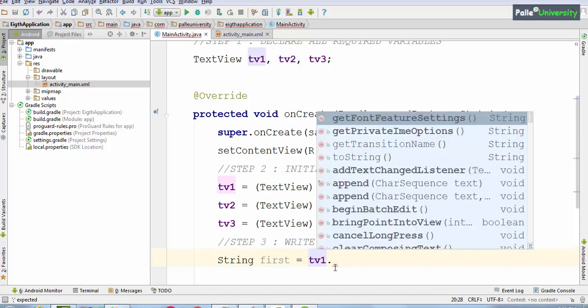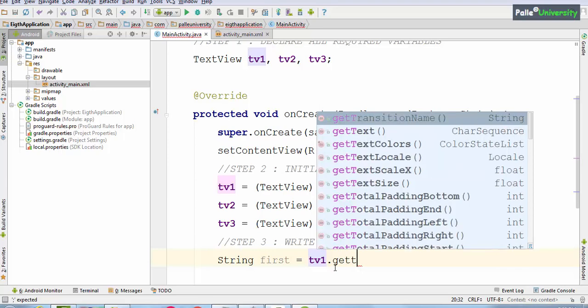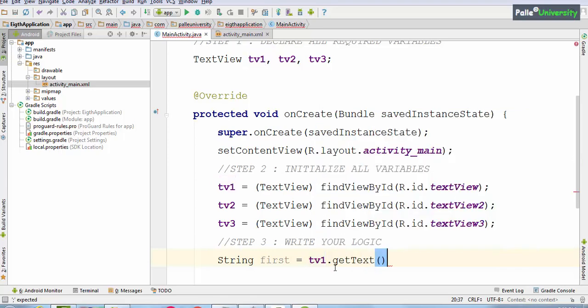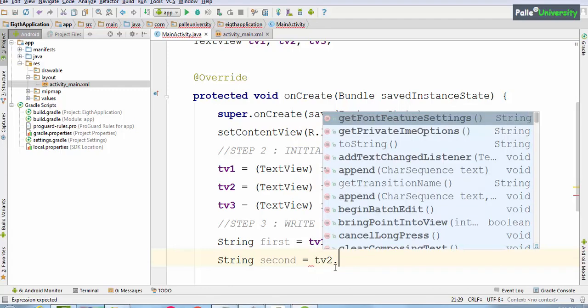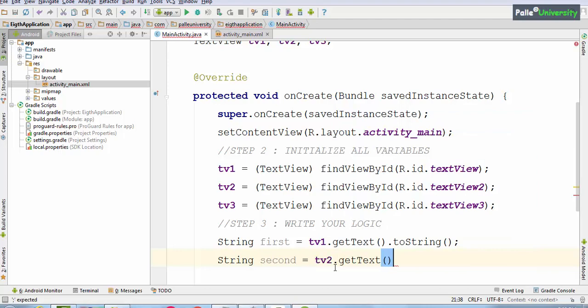To read the text of a view, we should use the getText method and the toString method. I hope you remember. Similarly, read the text of text view 2 like this: String second equal to tv2 dot getText dot toString. These two, first and second, are just variable names. You can take anything here.